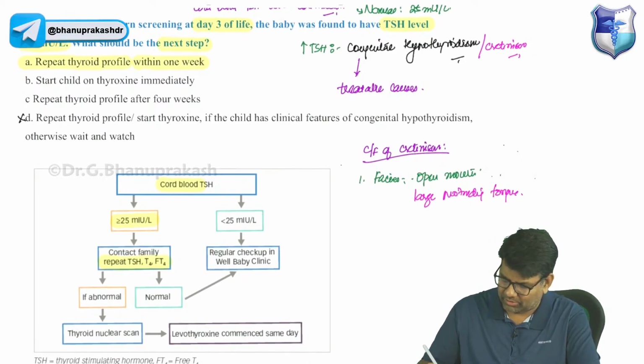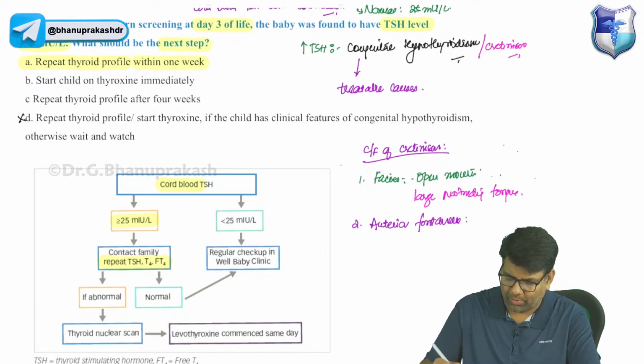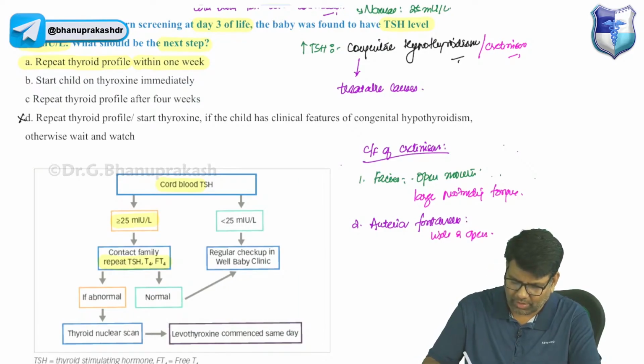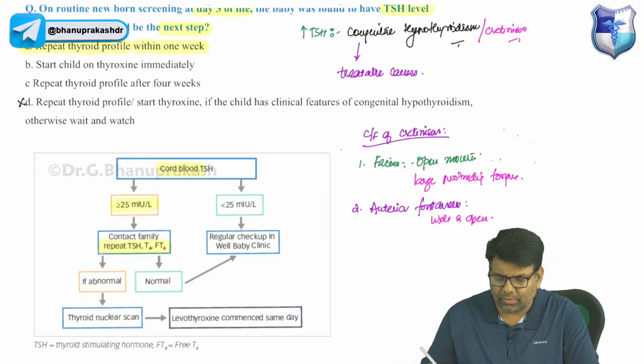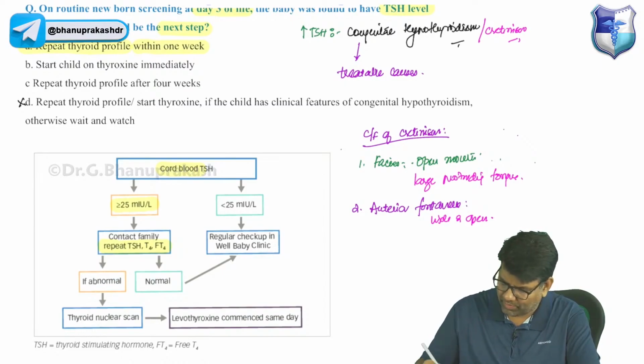Then if you look at the anterior fontanelles, especially the anterior fontanelle, it will be wide and open, right? There might be delay of milestones and hypertonia. And if you take an X-ray,